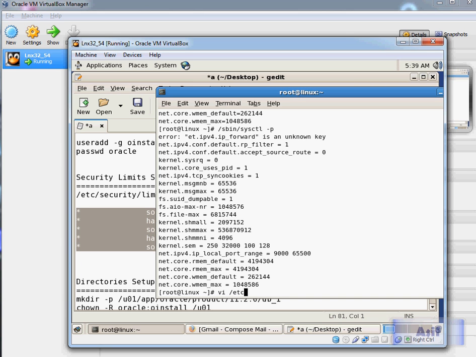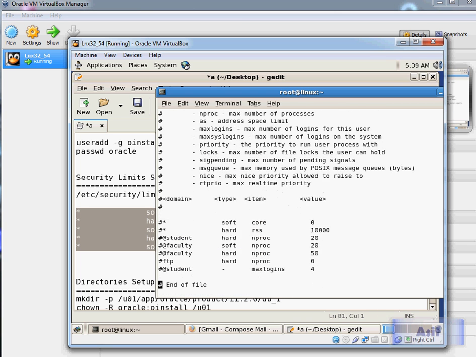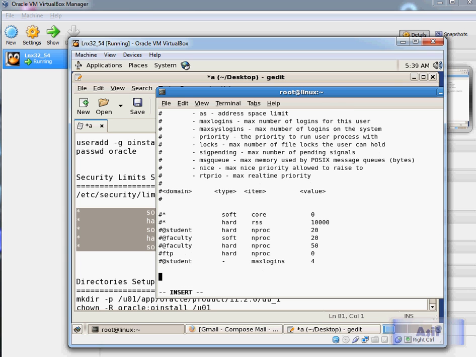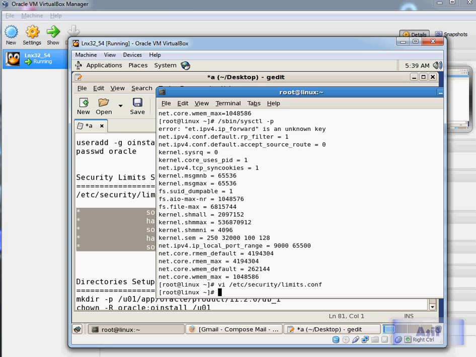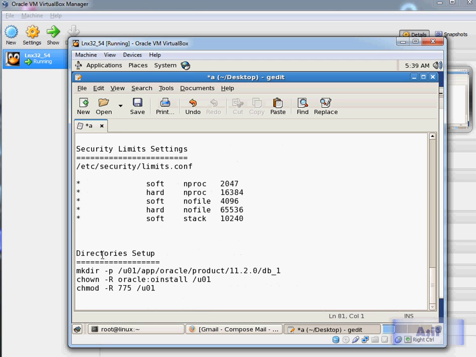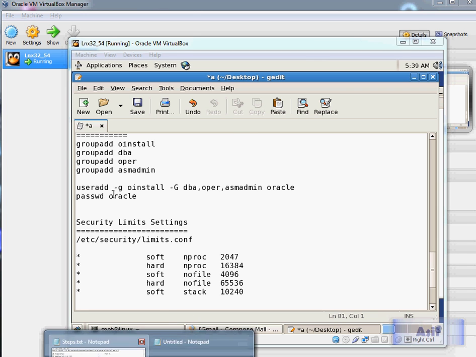Vi /etc/security/limits.conf, and these values can go up here. So I'm not going to explain each of these, you can find it on the internet easily without any problem at all. Now the next step should be